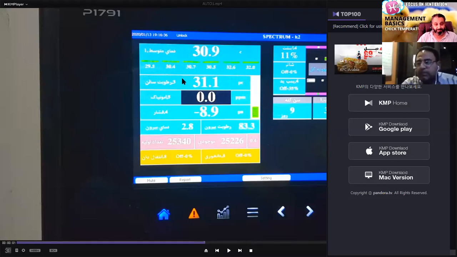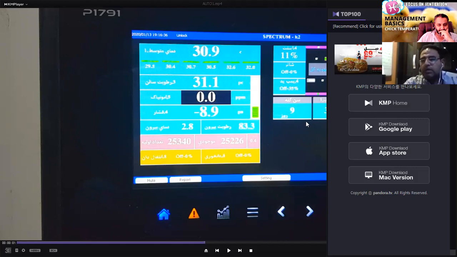We are doing a test, and we will show the customer how we can control humidity in the sheds. You have 80% outside, and inside the sheds you have 31%. During the cold weather, the outdoor temperature is near 3 degrees centigrade and humidity 83%, and indoor humidity is 31%.